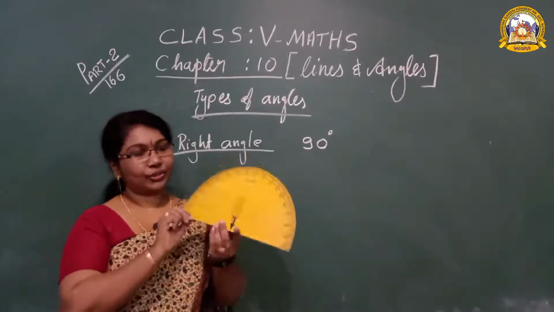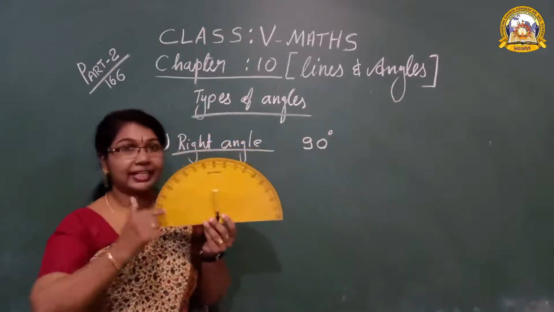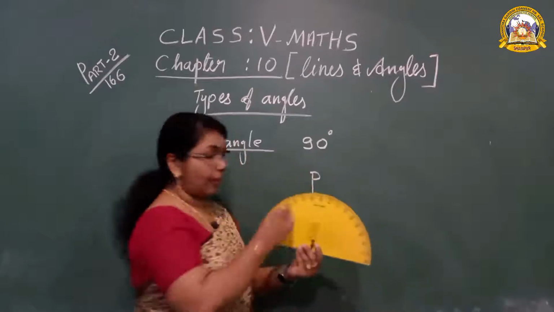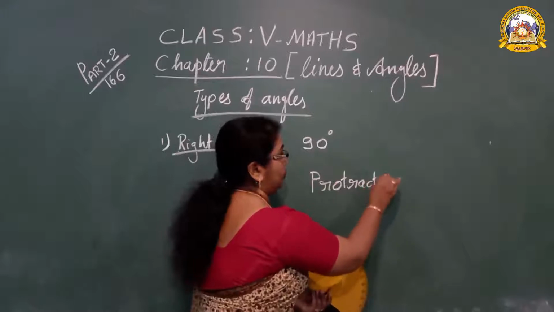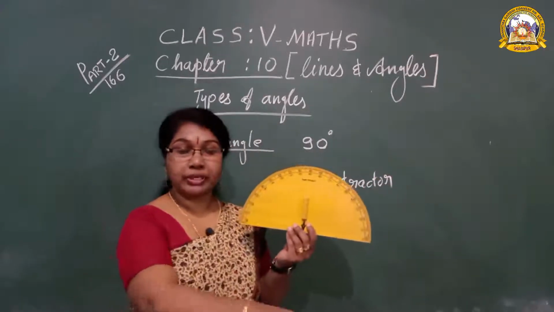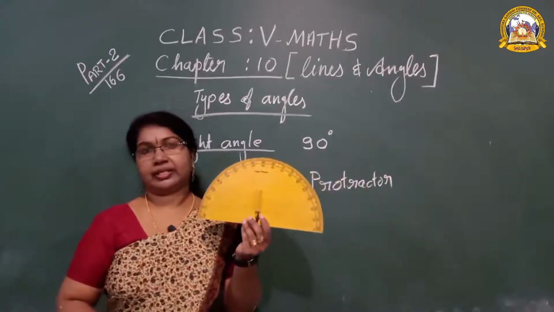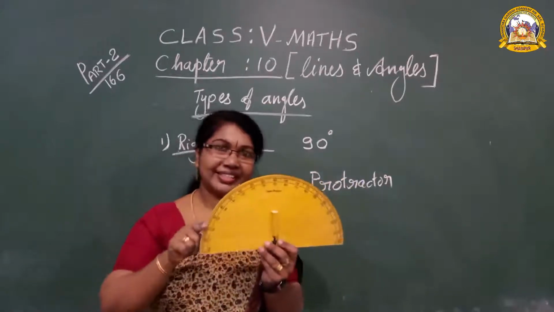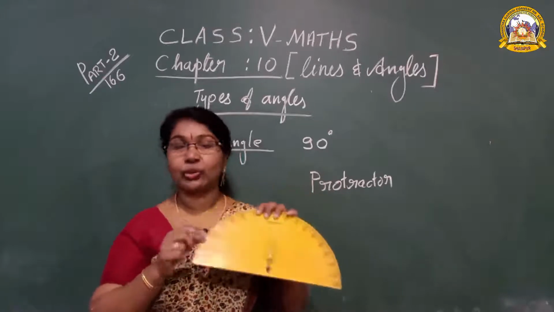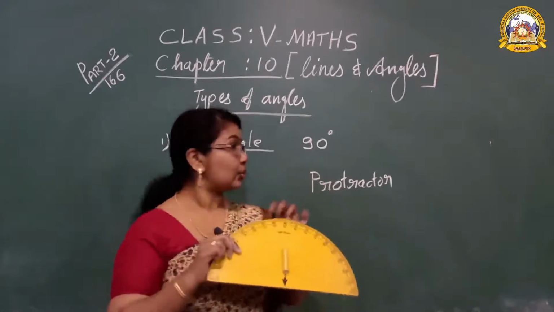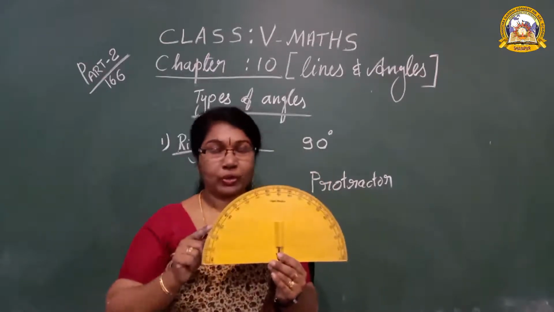Look here. Do you know what this is? You are familiar with it, and you say it is a D. But what is its name? Protractor. A protractor is an instrument used to measure angles. Don't call it a D. Once more, how do we measure an angle? For a line we use a scale to measure. For an angle, the instrument we use is called a protractor.